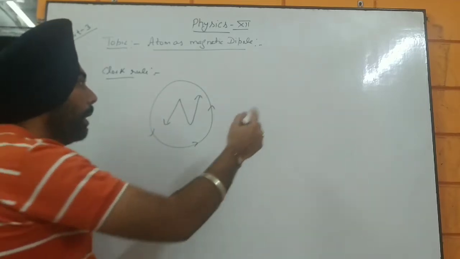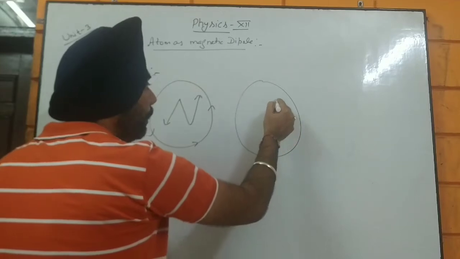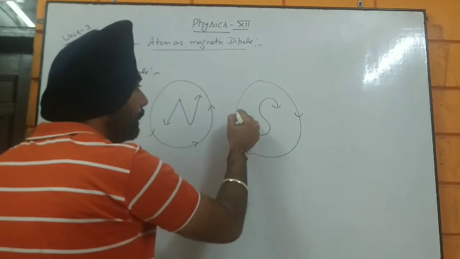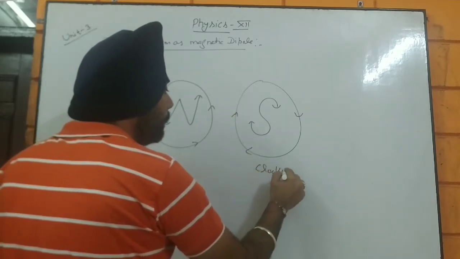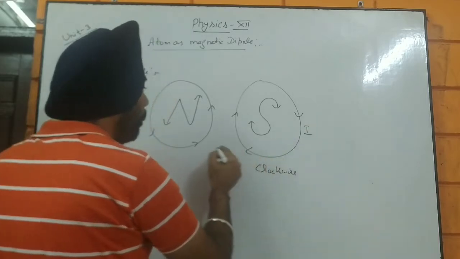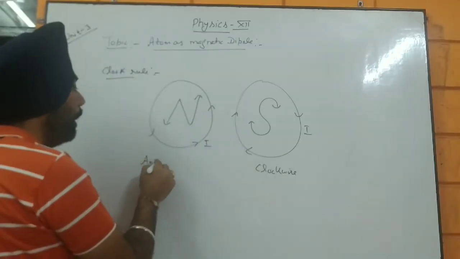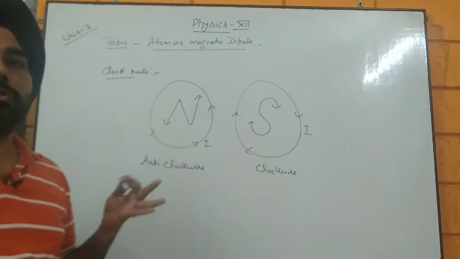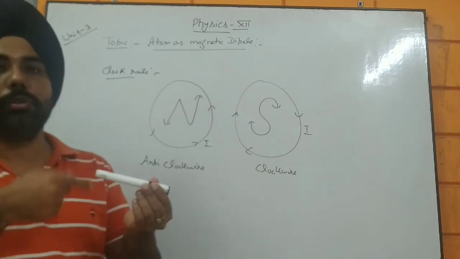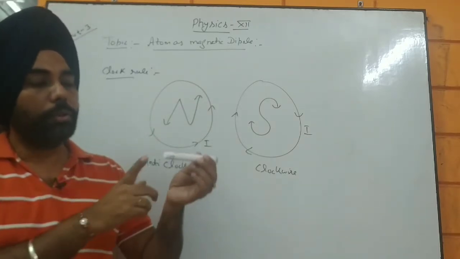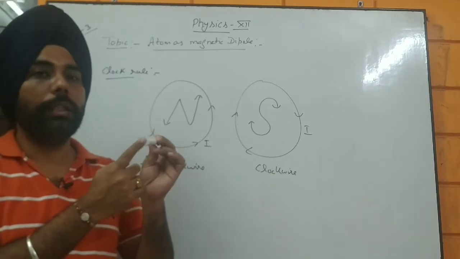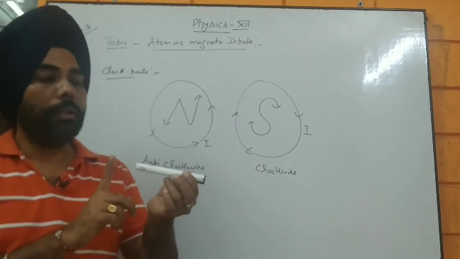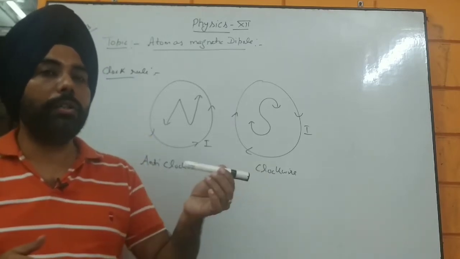And similarly, for any loop, you can just mention the symbol of S. Now S is always going to represent the clockwise movement of current, while N expresses the anti-clockwise movement of current. So it's going to be very simple. Now if we have a solenoid, let's assume a solenoid, and on one part the current is clockwise, then obviously on the other part it is going to be anti-clockwise, which means the north and south poles are going to be generated at the ends of the solenoid.